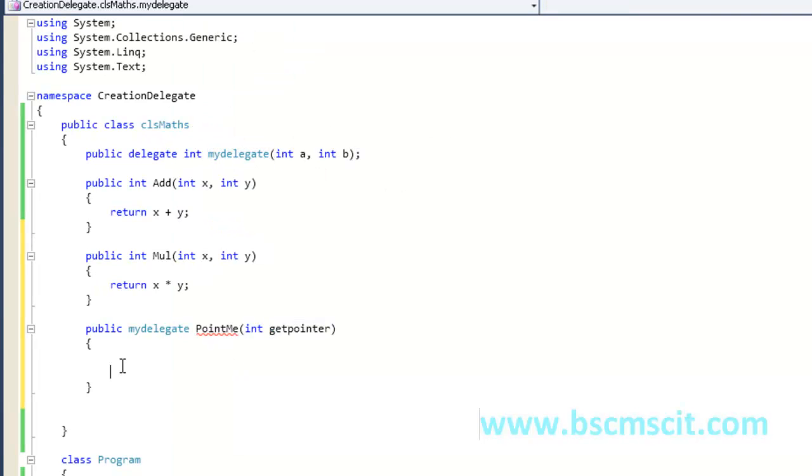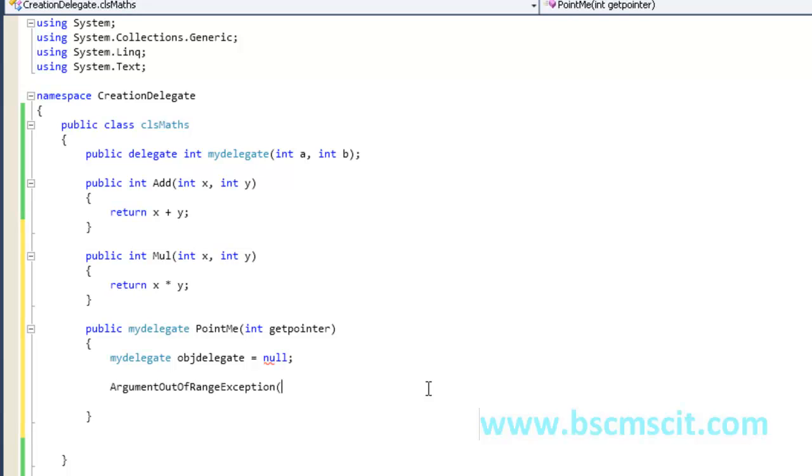So let me create the delegate object here, equal to null. Now let's say if my get pointer is equal to 1, else